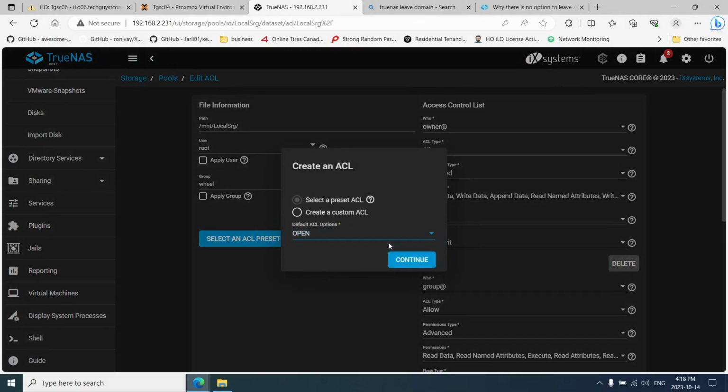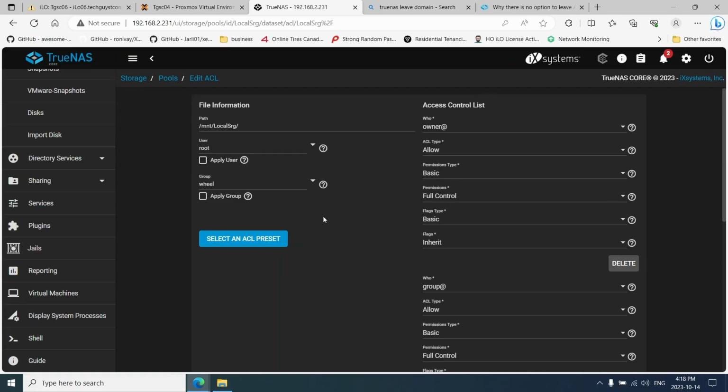mine failed to join again for some silly reason, but your domain would be showing up here. Well, because mine starts with the letter T, it would be showing up OPQRST, so literally at the end, and you're going to be seeing all the groups, all the users. You would be selecting a user, for example, Mary Fuller, with their logon username, so fuller.m, and then in the group you would be